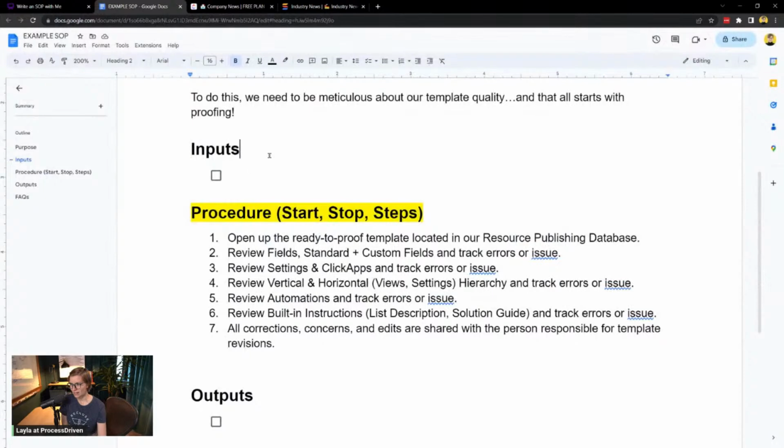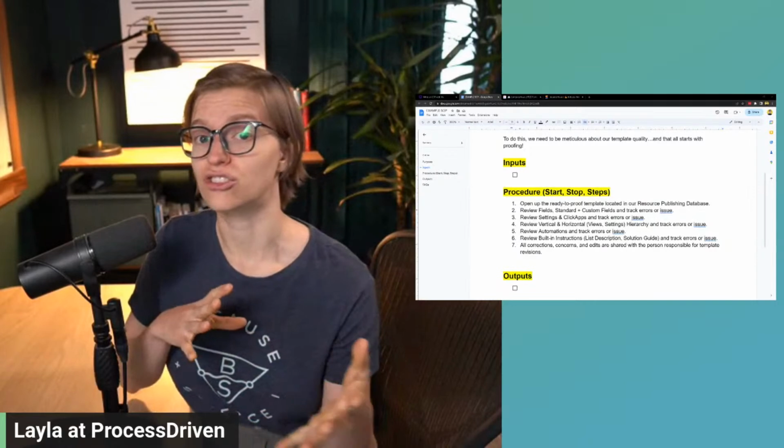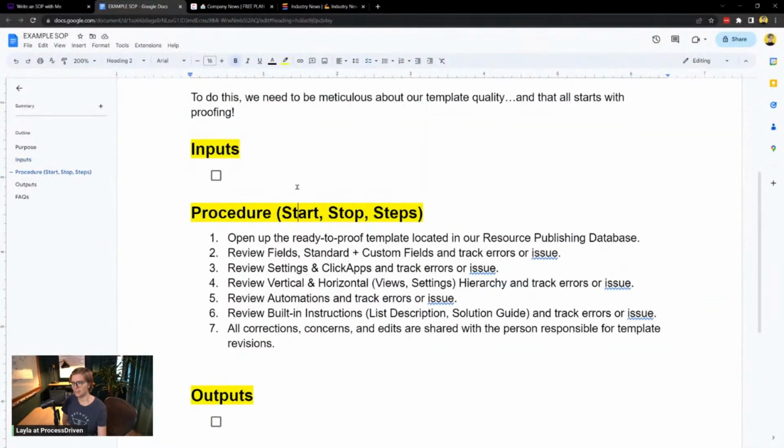Back here, we've got inputs and outputs. Can you imagine what we're working on today? Yeah, inputs and outputs. These are the next pieces of our template we want to fill in. For inputs, all we're focused on here is what ingredients you need to be able to actually start this procedure. What are the pieces? In this case, we're not going to count knowledge of ClickUp or anything like that, but we are going to need a ready to proof